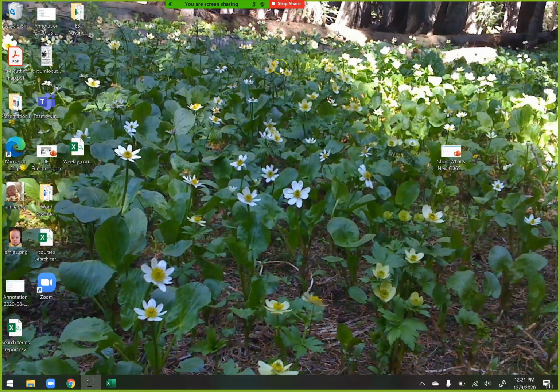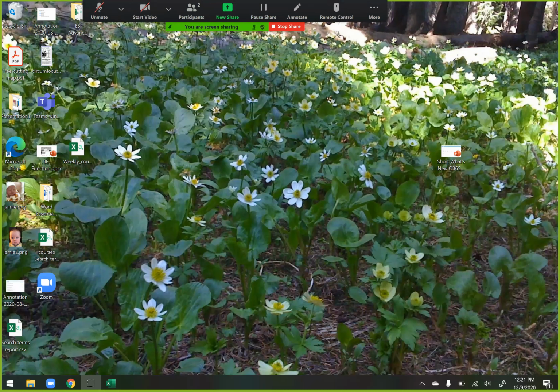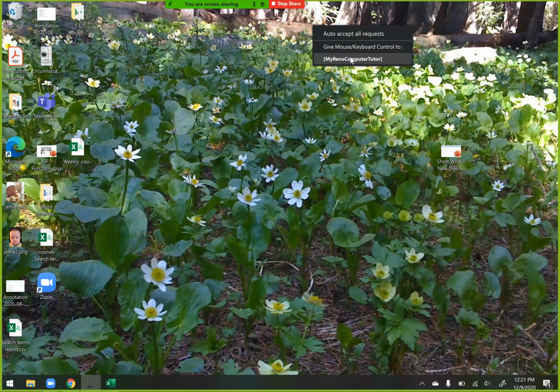Now, keep in mind there's only one other person in this meeting. When I hover my mouse pointer over the toolbar, wherever it happens to be, there's a button that gives me the option for remote control. When I click on that, I can give the mouse control to anyone else in the meeting, so that you'll have a full list of everyone in the meeting. I'm going to click on the user that I want to give control to,